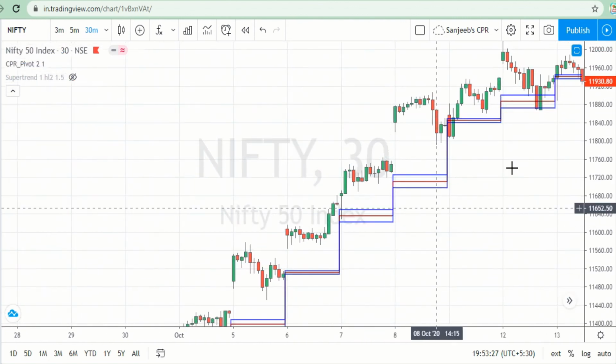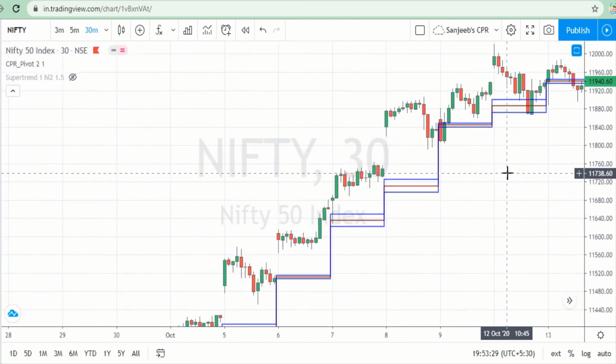See here is uptrend, okay, trend is up. These are the tricks how to identify the trend and how to identify the trend change, and when it will be downtrend and when it will be uptrend. This analysis is good for swing trading. If you are doing any swing trade, this is a good analysis for your swing trading.